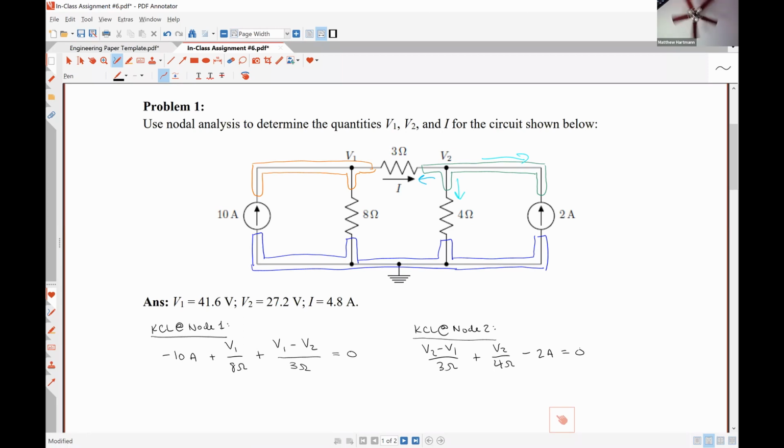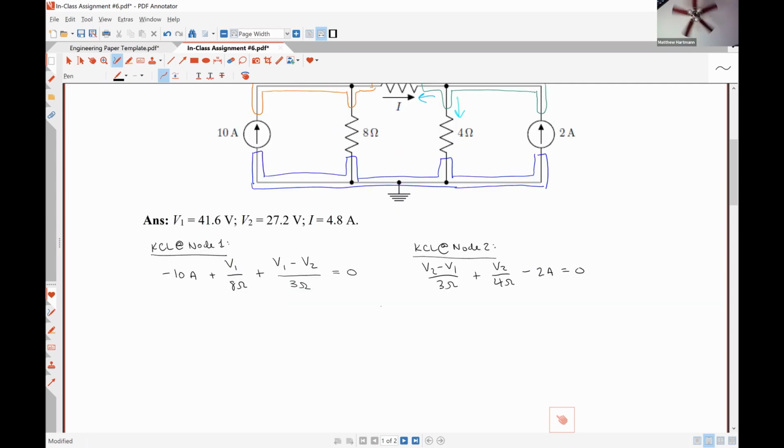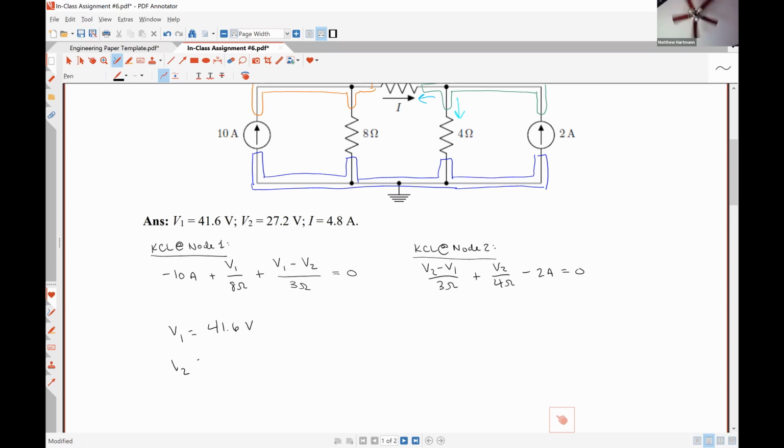2 by 2. So the coefficient for V1 on our first equation is going to be 1/8 plus 1/3. The coefficient for V2 in our first equation is going to be minus 1/3. And then our constant term, when we move it to the other side of the equal sign, will be positive 10. And our second equation, our coefficient for V1 is minus 1/3. Our coefficient for V2 is 1/3 plus 1/4. And our constant term, when we move it to the right-hand side of the equal sign, is positive 2. And so the answers that I get are V1 is equal to 41.6 volts, and V2 is equal to